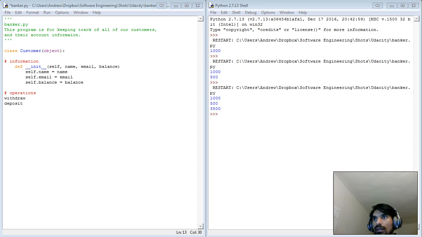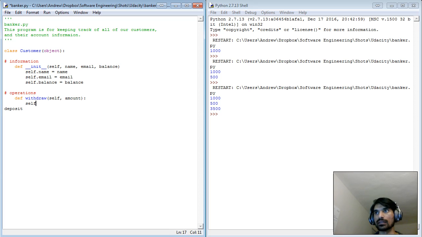Our operations then become these special functions that we call methods. So when you create a function within a class, it is called a method. Okay, and my withdraw can do the following. It takes again self and amount to withdraw, and all it does is it takes the balance from up above and subtracts the amount. Likewise for deposit,